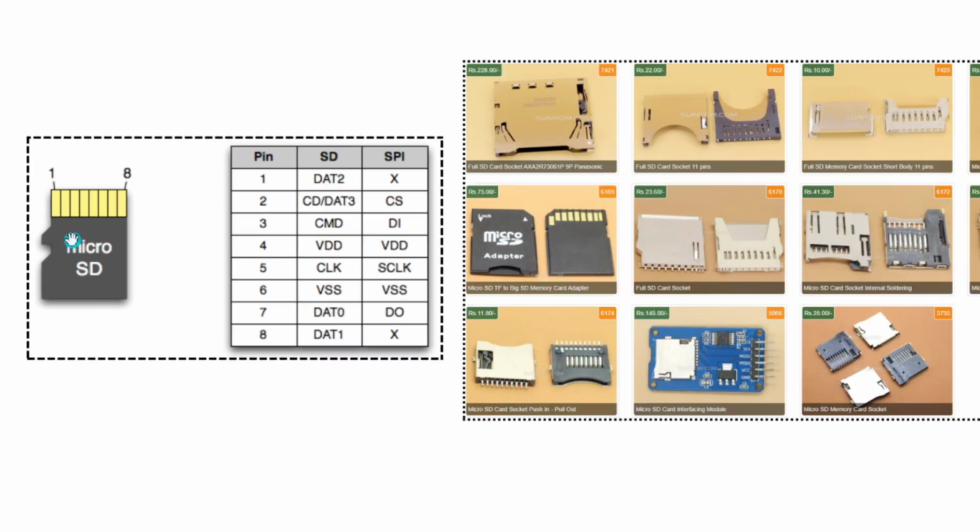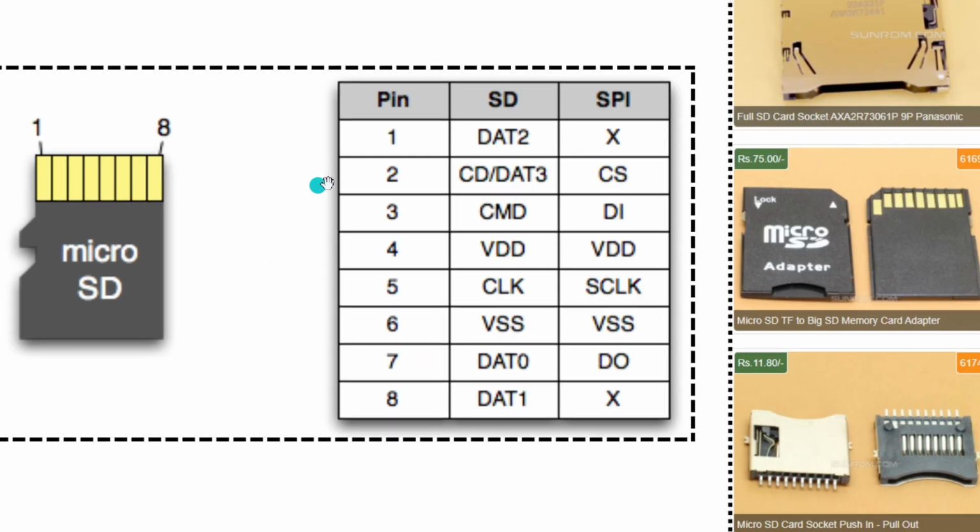So microSD has 8 pins. These are the 8 pins. Now, based on the mode, if you are using SD (Secure Digital) mode, this is how the pins are. The first pin is data 2, the second pin is data 3, then CMD, VDD, clock, VSS, data 0, data 1. When you are using this in SPI mode, then the first one will not be